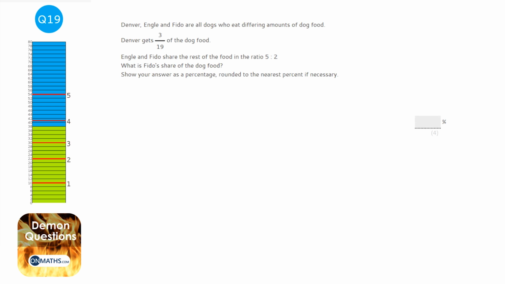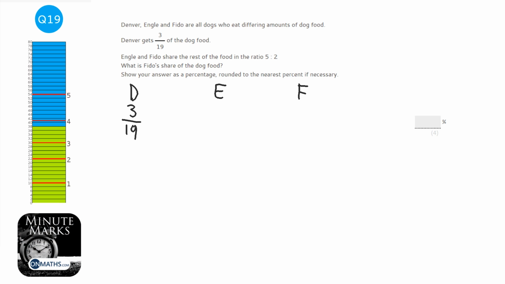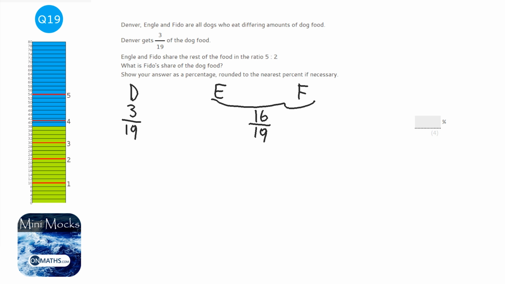Okay, so this is quite a tricky question because it mixes fractions and ratios together, but we've got to be comfortable with that. So I'd first of all just show the information so that I can get my head around it. So we've got Denver, who as a fraction has 3/19 of the food, and so that leaves how much? Well, we've got a calculator, so we could just do 1 take away 3 over 19, but we know that that's going to be 16 over 19. So we can kind of ignore Denver now, because we used Denver's fraction of the food to work out Engels and Fido's combined. So that's how much food they'll get,